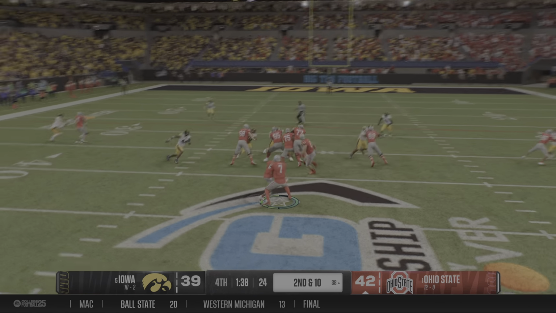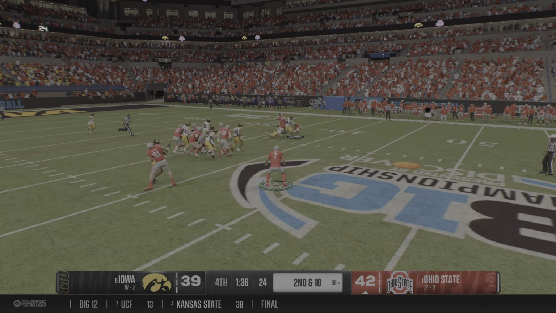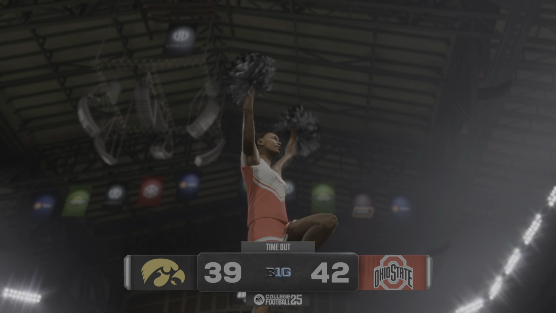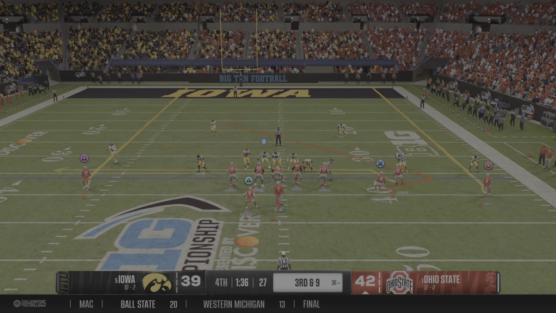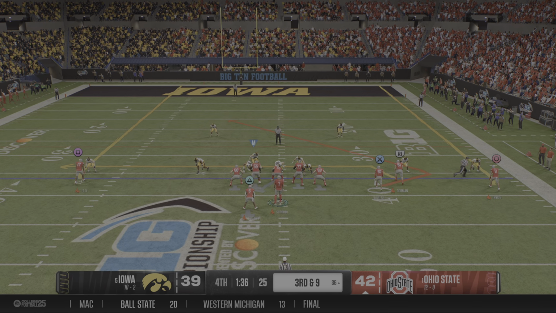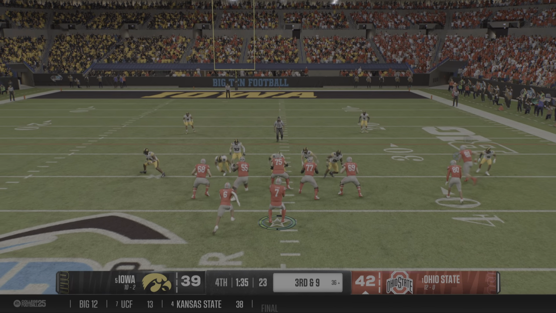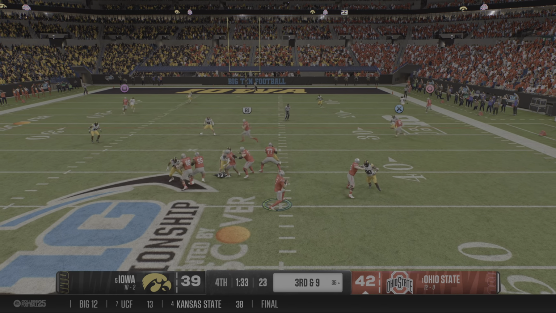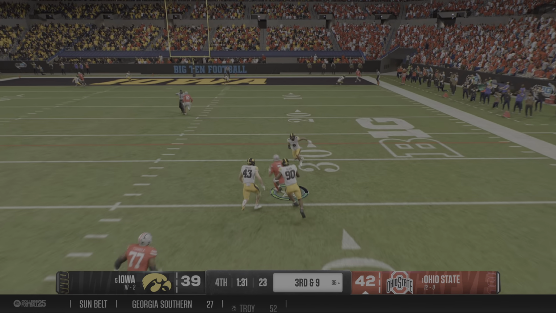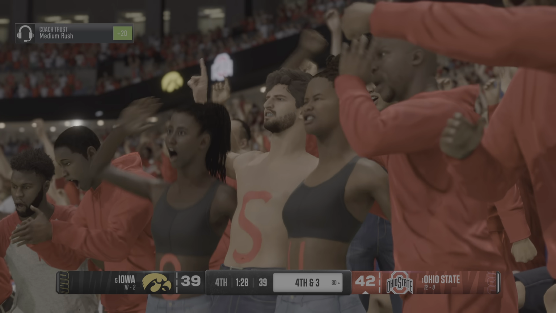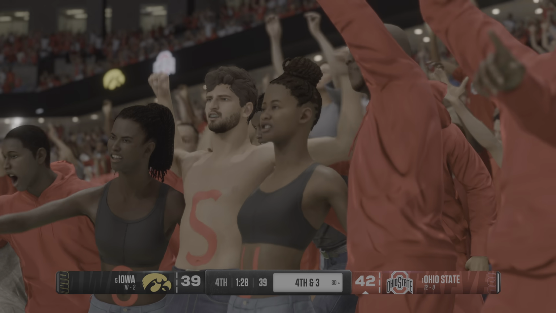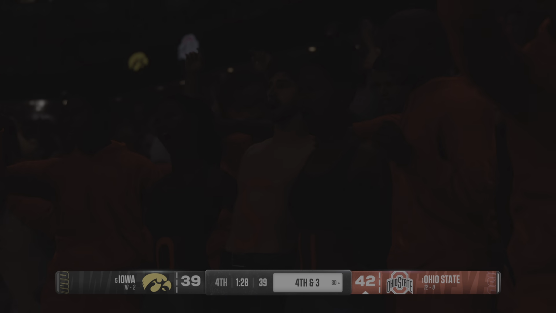Here's the 2nd down play. Back's got it again. That's a nice tackle there by the senior. And now it's the defense that calls timeout here, trying to get organized and preserve as much clock as possible. So the offense getting set. This is not where you want to be against this defense. 3rd and long. He's going to take off here. Could not get there on the scramble, short of the marker, and now a 4th down decision coming up.